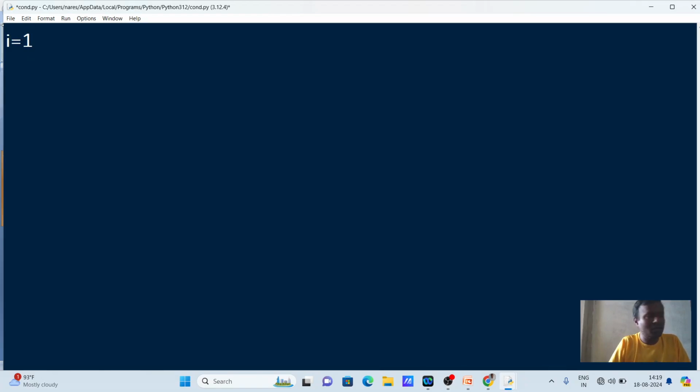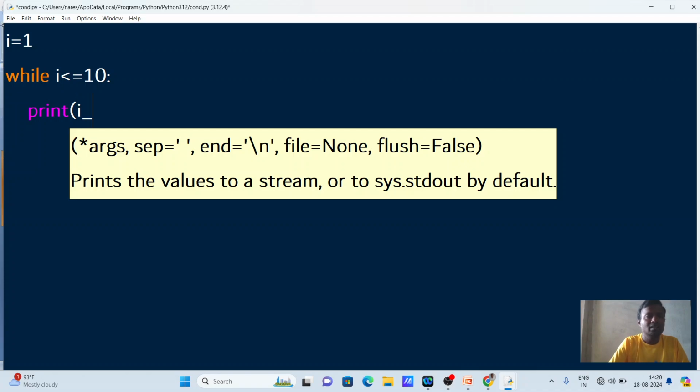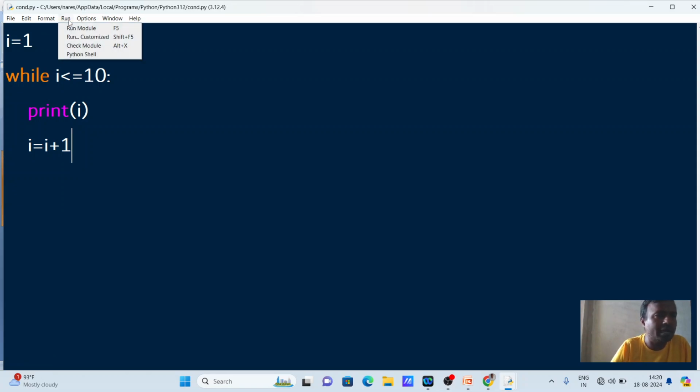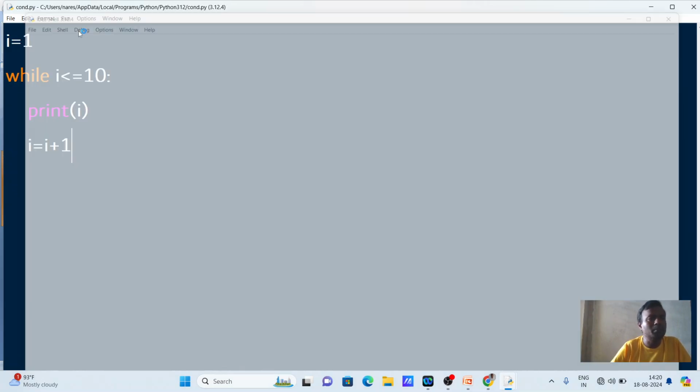First, initialize whatever looping variable you want to use, then while I less than or equal to 10 colon print I, then after that you must have I equal to I plus 1, whatever your increment statement is. Run it. It will print 1 to 10,